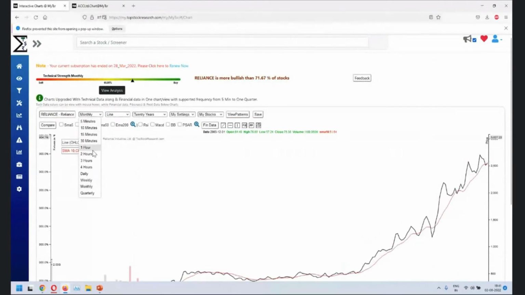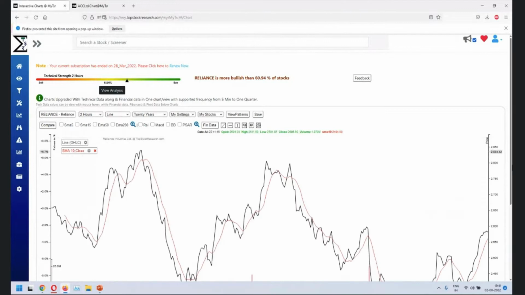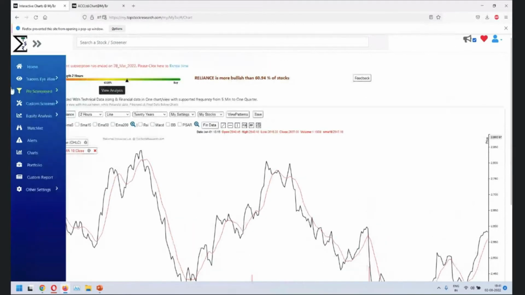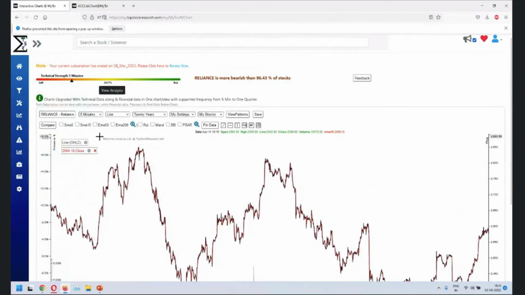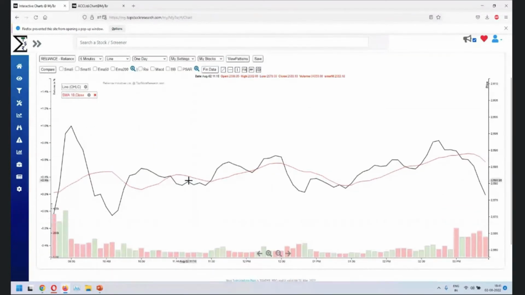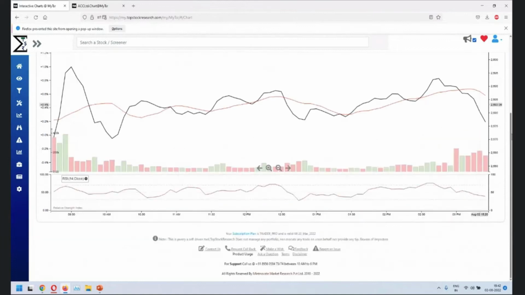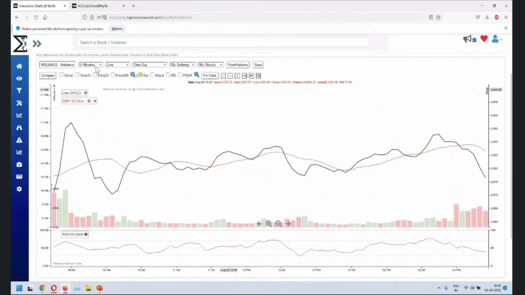Change it to a 2 hour chart. Change it to a 5 minute chart. It's too long a period, so let's change it to maybe 1 day. The 1 day chart for 5 minutes with a 10 SMA goes like this. Add more indicators, let's say RSI. So this is how you can use the tex